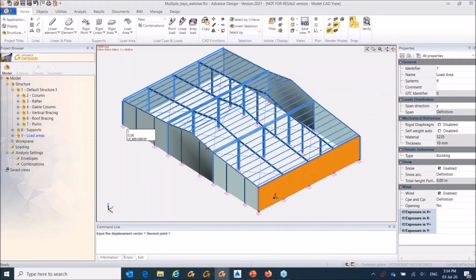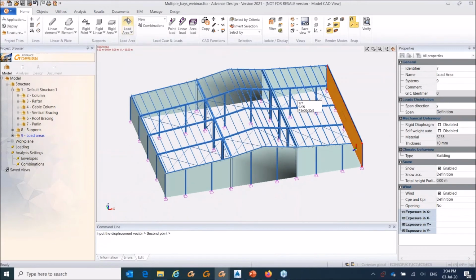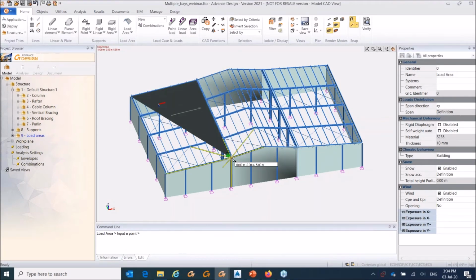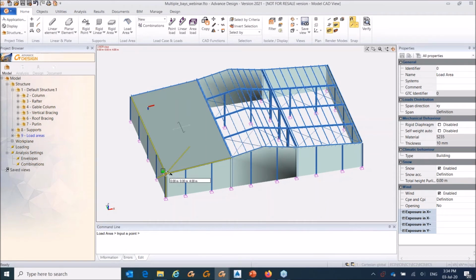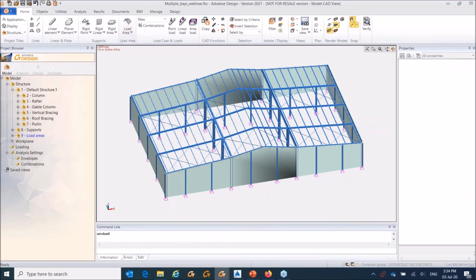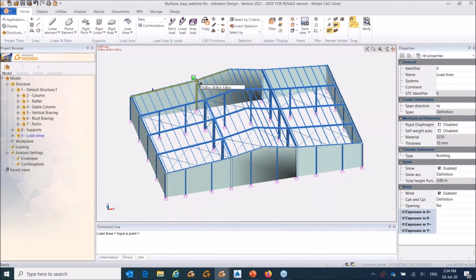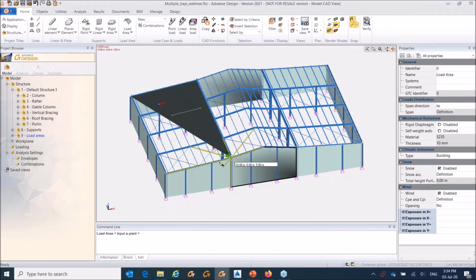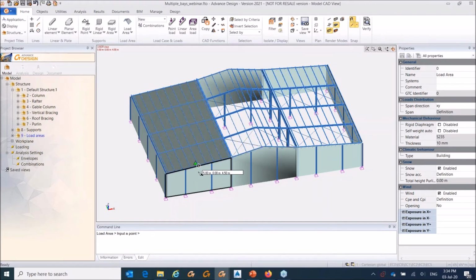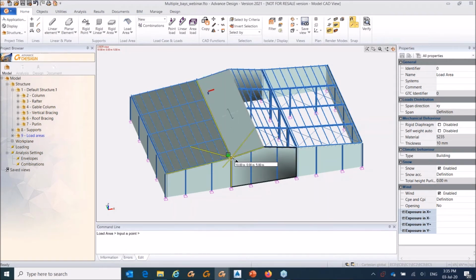Okay, so I have now still 4 load areas to create, and then we will start creating the loads. So as you can see, it's exactly the same process once you have already your structure created. Okay, so creating the supports, creating the load areas, also changing some of the properties from the properties table